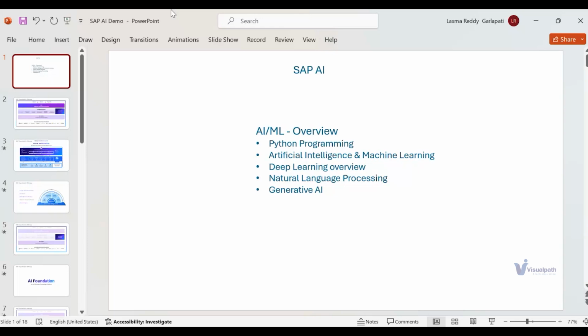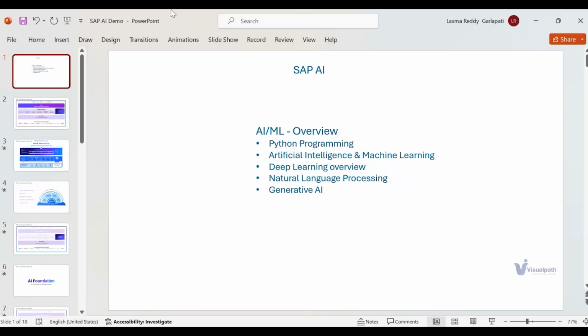And then natural language processing. This is where the whole world is now revolving or working. A lot of research is going on. You must have used ChatGPT and the like for sure. So this is the core of generative AI. The backbone of Gen AI is the NLP concepts.